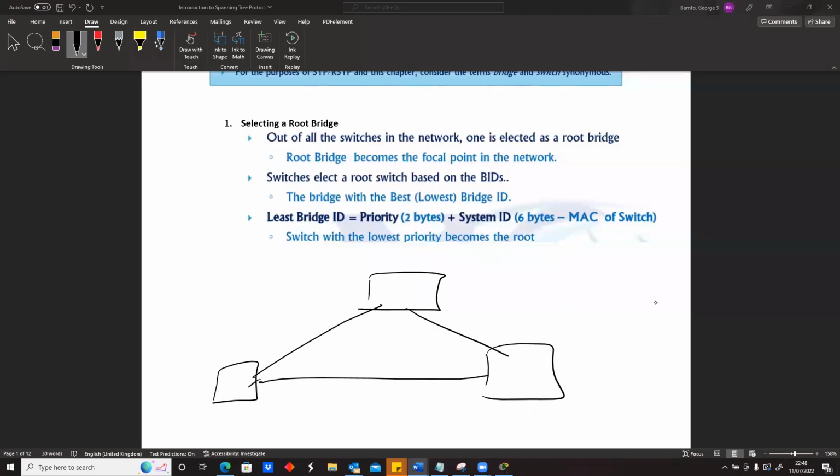So how do we select the root bridge? As I mentioned, this may be A, this may be B, and this may be C. It doesn't really matter. Assuming A, which is this switch, has a MAC address of AAA, this device has a MAC address of BBB, and this device has a MAC address of CCC. These are their MAC addresses. Now, in order for us to decide who our root bridge is between the three devices, they'll